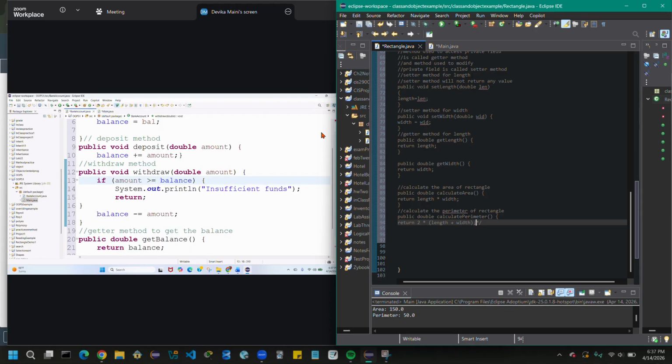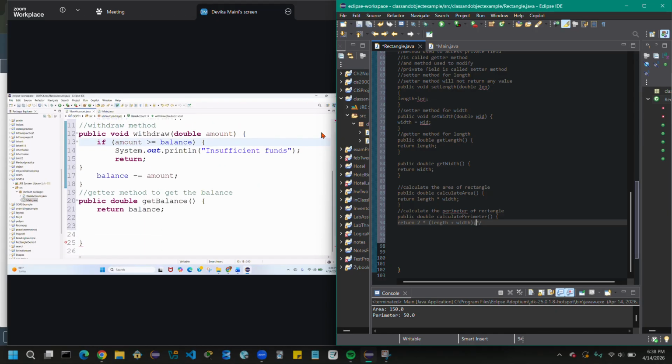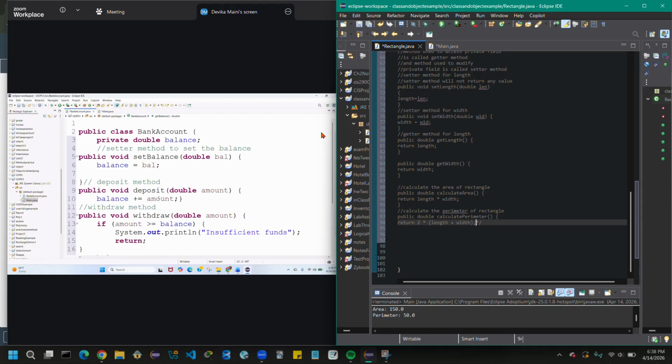Otherwise, calculate the balance assigned to balance subtract amount. Okay, so you can do that. So once we are done with this class, next step, create an object. Let me know if you guys are done.